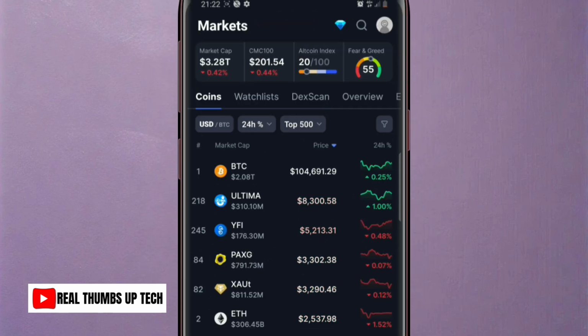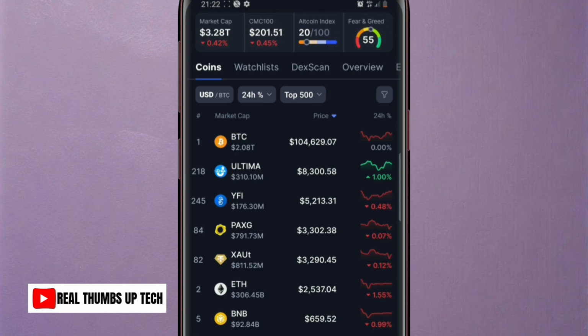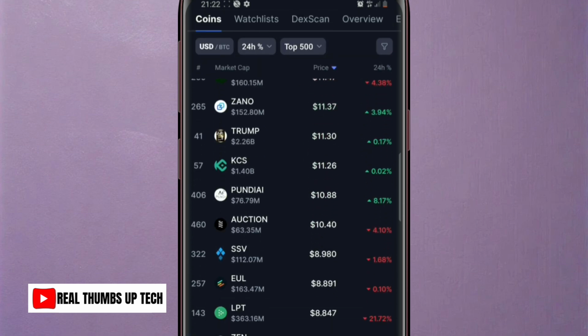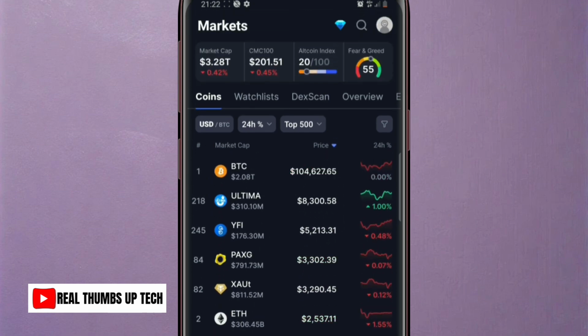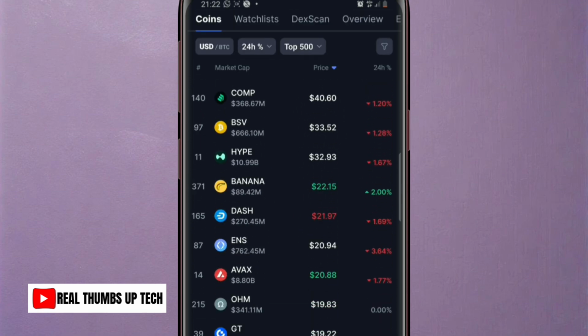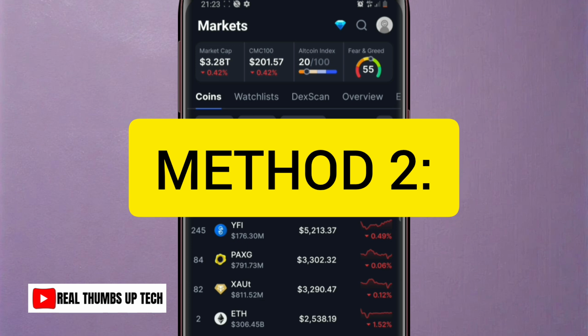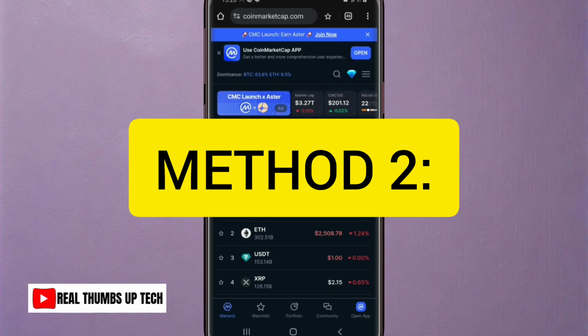The first method I explained is just checking out these coins one after the other to know the ones that have more opportunity. And that was when I chose people. But you can go ahead and use any coin of your choice as long as you've done your own research and you've discovered that it is profitable. The second method we are going to use to spot the right coin for triangular arbitrage